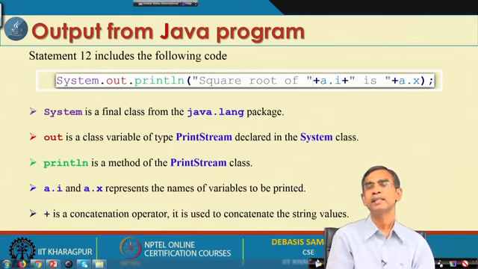So this is the basic syntax of System.out.println, and this is the method, as I already told you, defined in the java.lang package. In this java.lang package there is out, a class variable, and its type is PrintStream, and this PrintStream is declared in the System class.